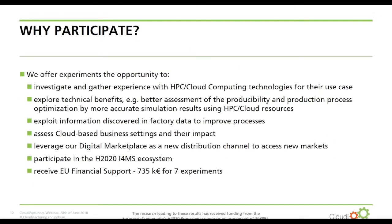So why should you care? Why should you participate? Well, we offer you the possibility to actually access and gather experience. I think this is the best wording here, with HPC and cloud-based computing, to use them and to leverage them and to exploit them for your manufacturability and production process optimization challenges,